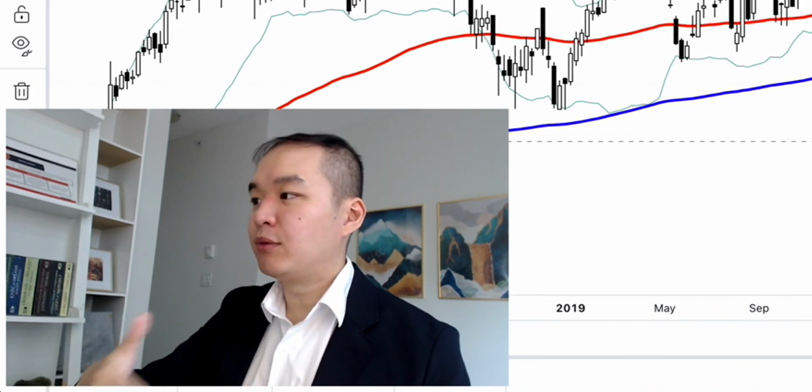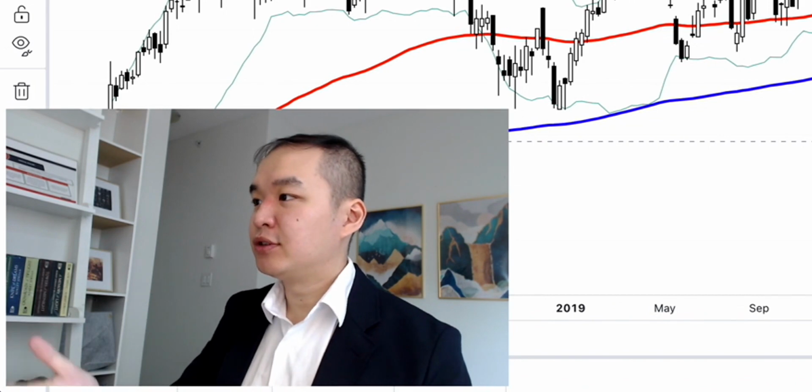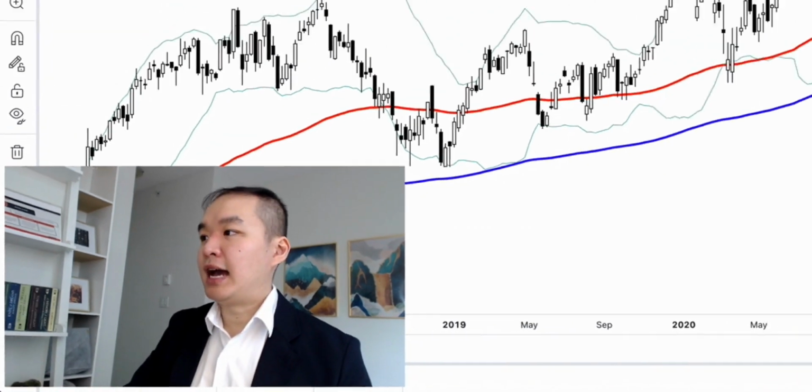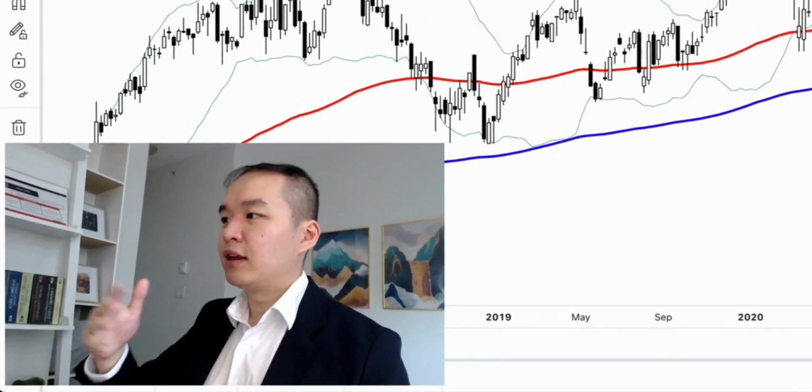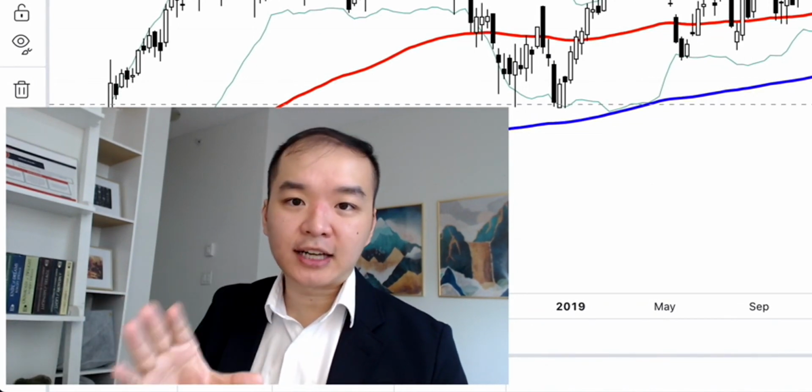And during that period, when I was holding on to Alibaba, my plan was to hold onto it for around 1 to 2 years at 200. So at that point, I have already reached my maximum duration that I would like to hold it for, and I would rather reallocate it to other companies that are safer, the companies that don't have delisting issues, the companies that are not going to get repeatedly fined by the Chinese government, companies that have a better growth trajectory and are able to continue to expand because there's no tight regulation that prevents them from becoming the number one player in the market. So when you think about all these factors, it is a stock selection problem.